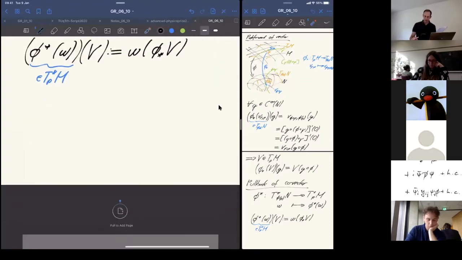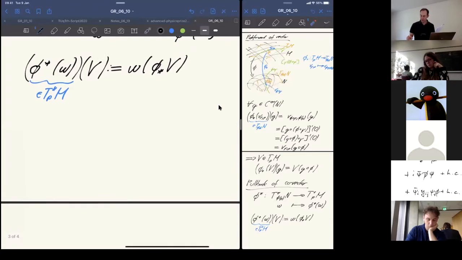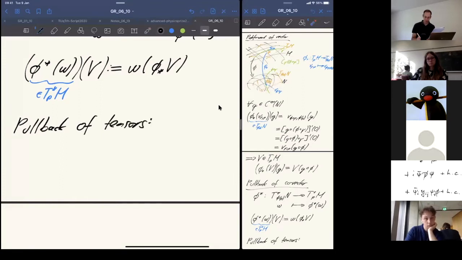Now, from now on, we really have to assume that this map is a diffeomorphism. Otherwise, what I'm now going to tell you doesn't make sense. What we're now doing is the pullback. The push forward is then obvious if you see that, because it's just the other direction. The pullback of tensors. So just to stress that, I write here phi really needs to be now a diffeomorphism,